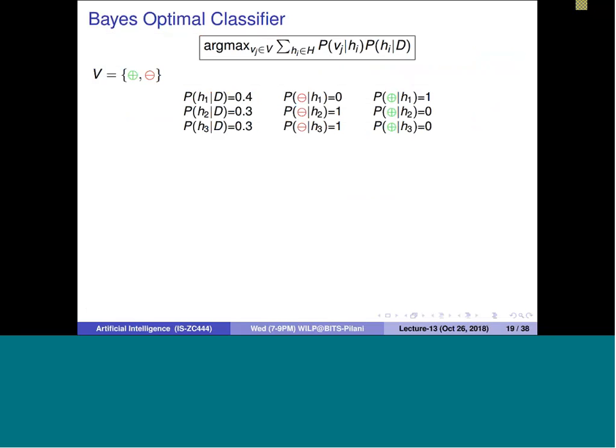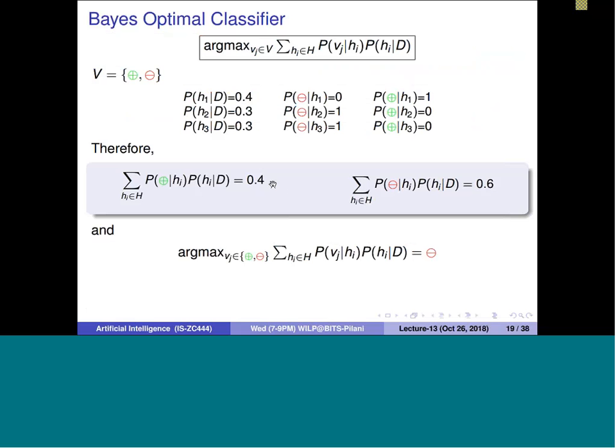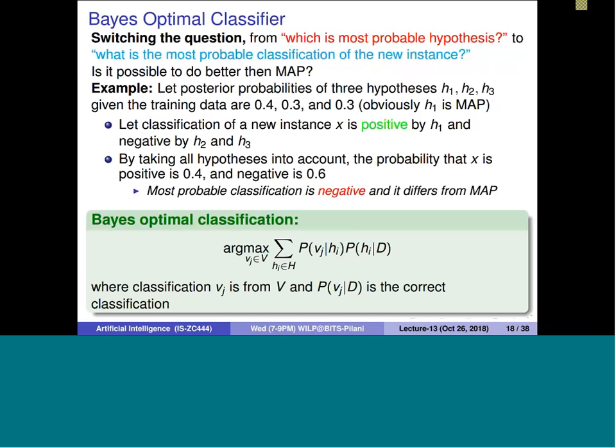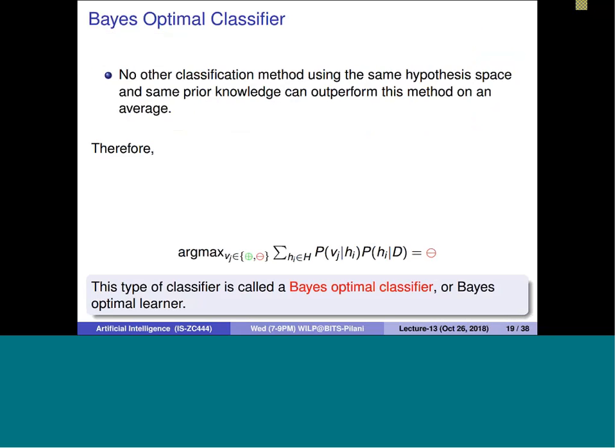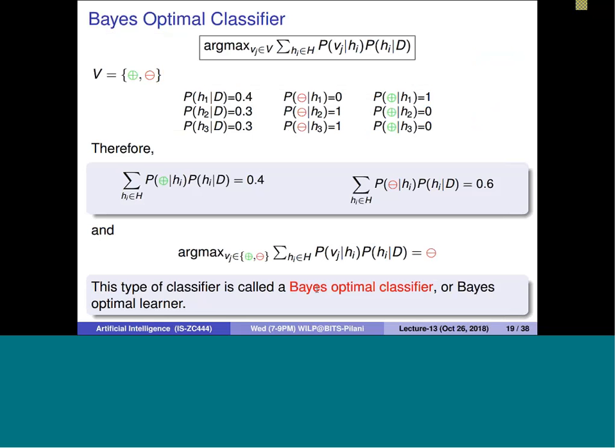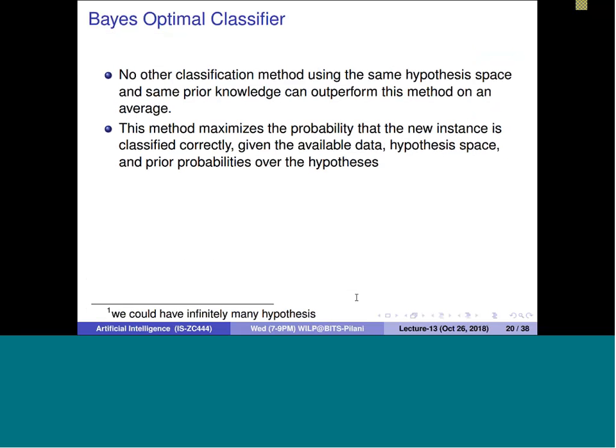So ultimately, this is the formula. With two classes, in the previous example we have seen the probabilities come out to be 0.4 and 0.6, and therefore the classification for the Bayes optimal classifier was negative. We had already seen that the classification is negative. The same thing is here. So this type of classifier is called the Bayes optimal classifier, which considers every hypothesis in the space. The most important thing I told you is that no other classifier method using the same hypothesis space and the same prior knowledge can outperform this method on average. Sometimes it can perform better, but